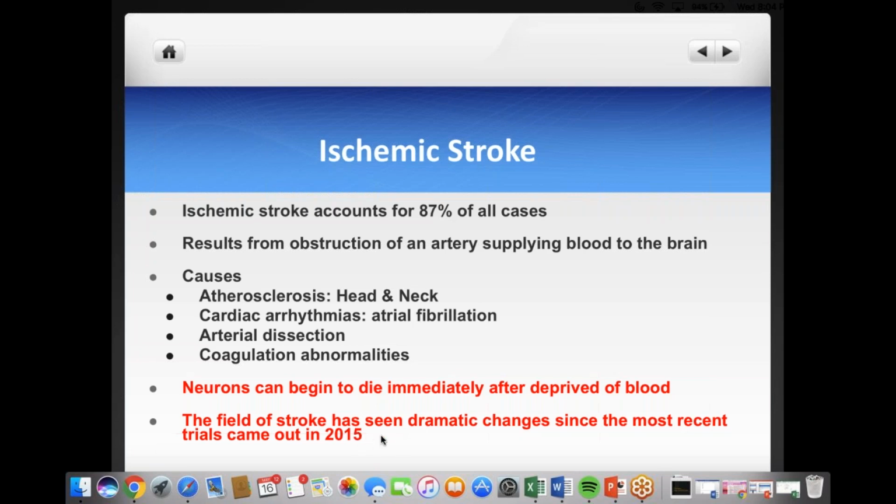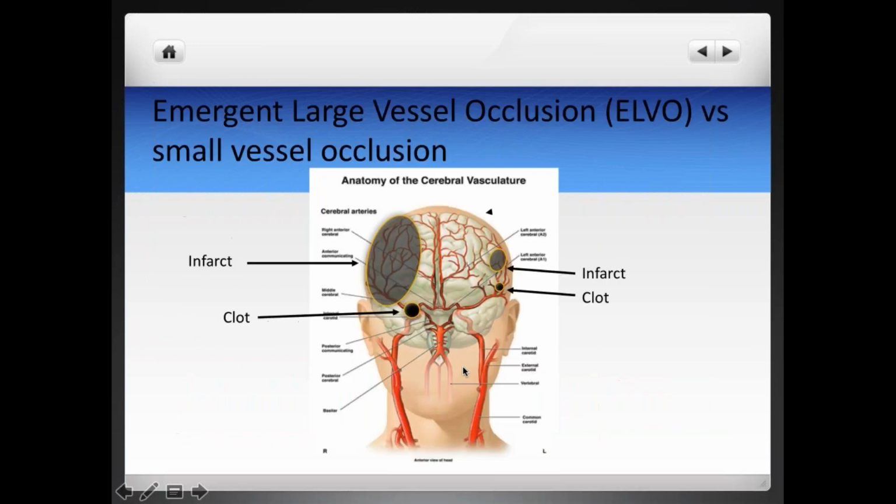2015 was a big year, with about 4 randomized controlled trials that came out. And I think I saw that in this series of talks you have at least one lecture focused on them, which is very important. There are also more recent trials from this year, starting in January, when we saw another big trial come out. I'm going to briefly talk about these trials and how they have a big implication in how we treat stroke.